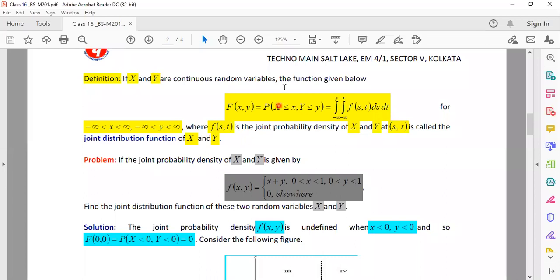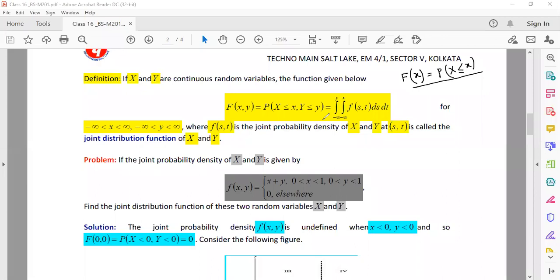Now, when we studied the univariate case, first of all, we defined the probability mass function in case of discrete random variable, and probability density function in case of continuous random variable. But if you can remember, for both the cases, we define the distribution function as follows: probability of X less than or equal to small x. Now, this was the case when we dealt with a single random variable. Distribution function, in a word, is kind of a cumulative frequency, which takes into consideration all the previous probabilities and adds them up to the final probability.